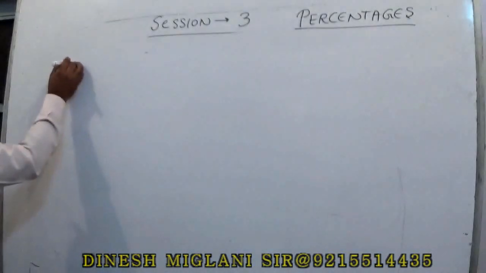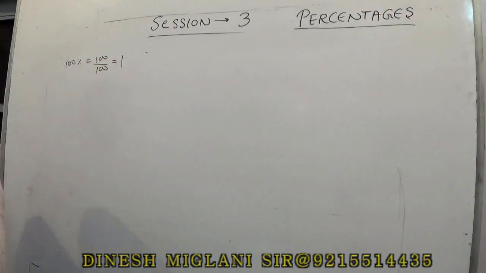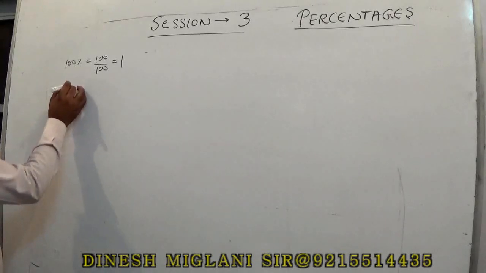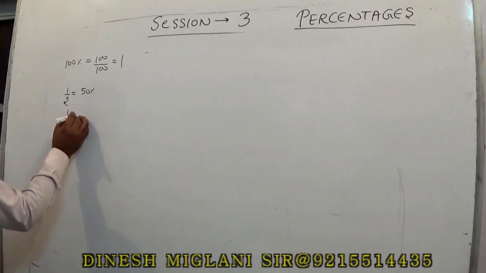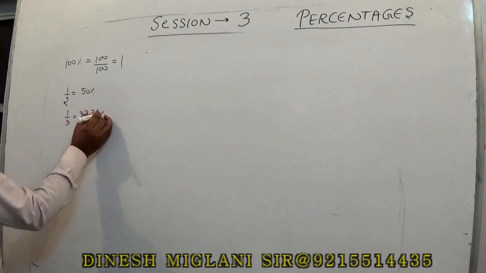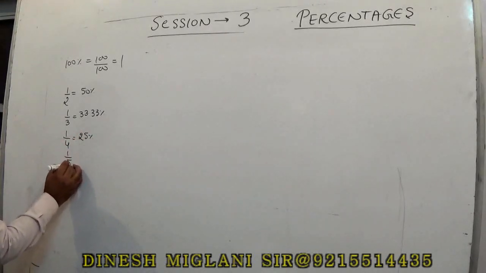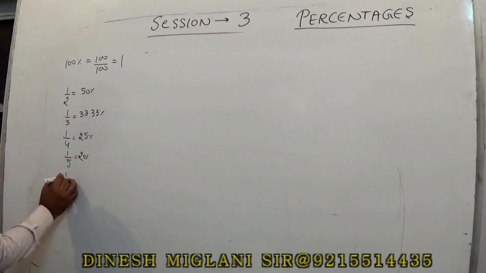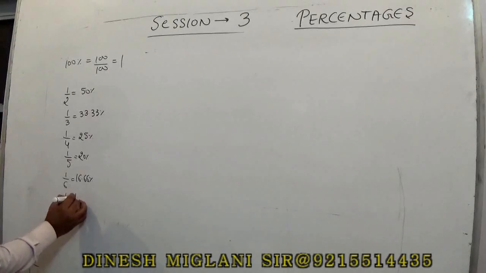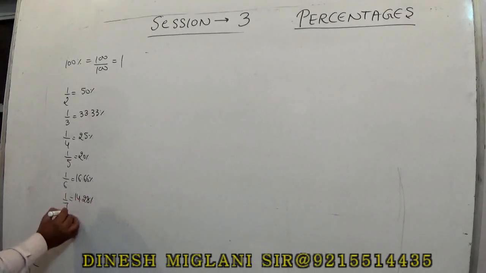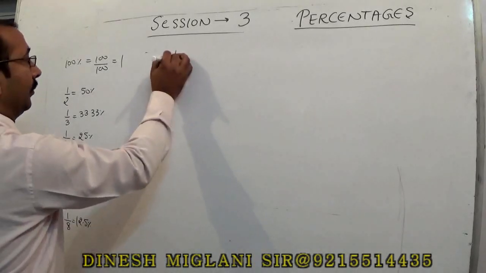As you know, 100% equal to 100 upon 100. This is equal to 1. In the same sense, we can say 1 by 2 equals 50%, 1 by 3, 33.33%, 1 upon 4, 25%, 1 upon 5, 20%, 1 upon 6, 16.66%, 1 upon 7, 14.28%, 1 upon 8, 12.5%, 1 upon 9,